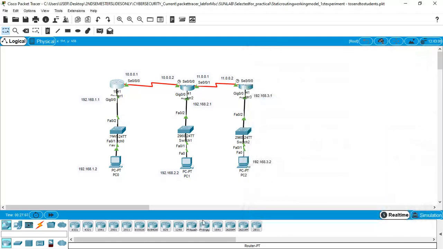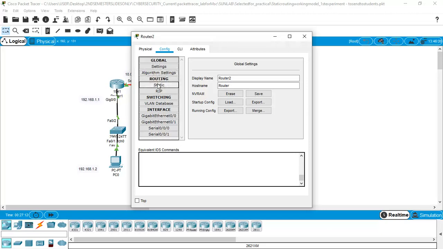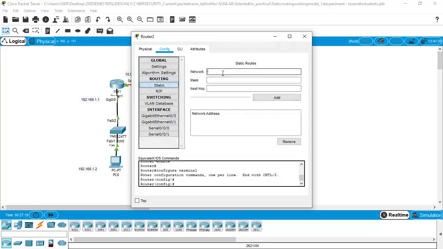Now let us do the configuration for router 2. In static routing, we have to consider two networks, 192.168.1.0 and 192.168.3.0. Let me enter the route 192.168.1.0. The subnet mask is 255.255.255.0.